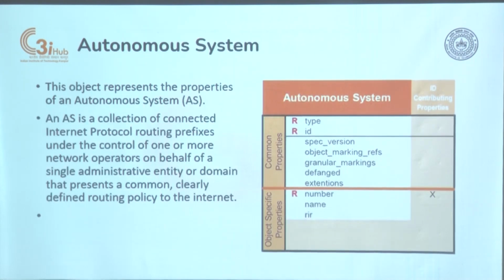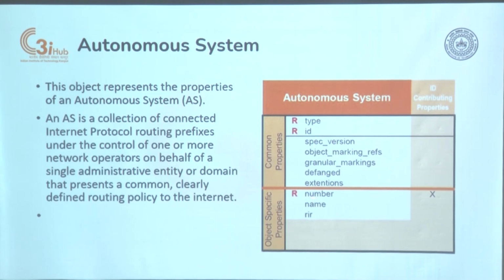So here is an autonomous system. We know the autonomous system is what, like, for example, IIT Kanpur itself is an autonomous system, right. It has an AS number. Any ISP you have is an autonomous system, right. An autonomous system is basically characterized by a set of IP prefixes, or in CIDR form, right. Each autonomous system has a unique number throughout the world, right. So if you look at the IIT Kanpur's autonomous system,